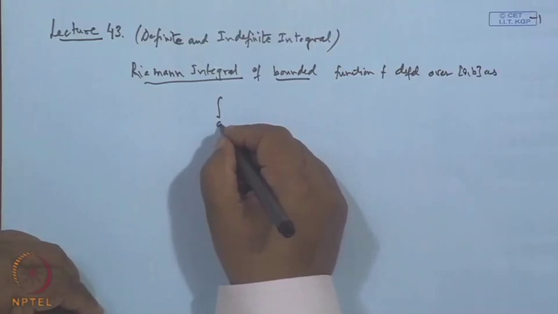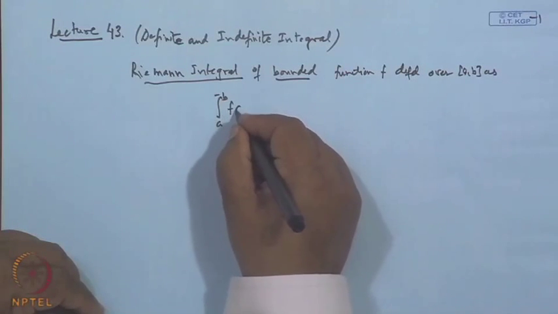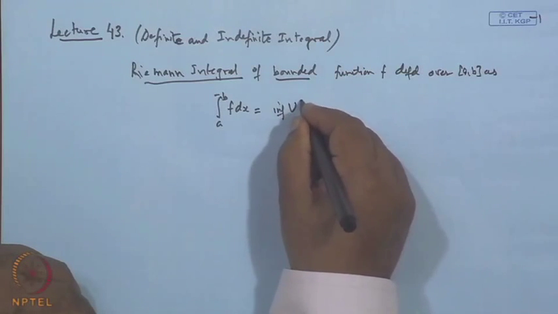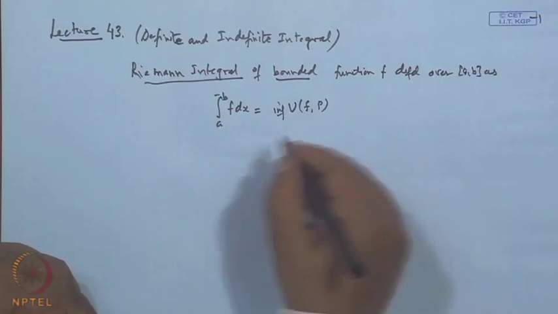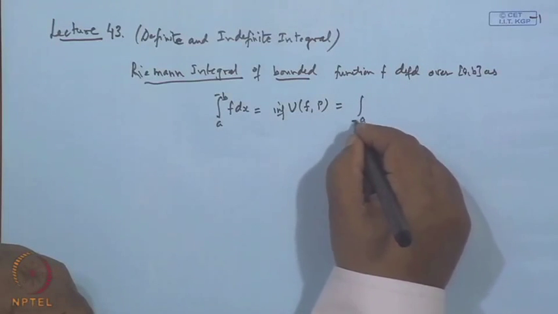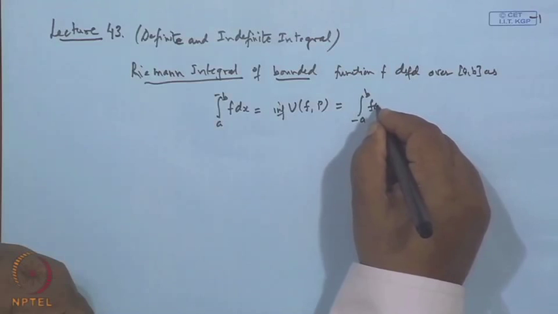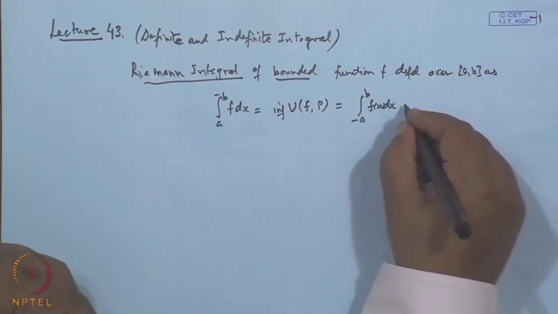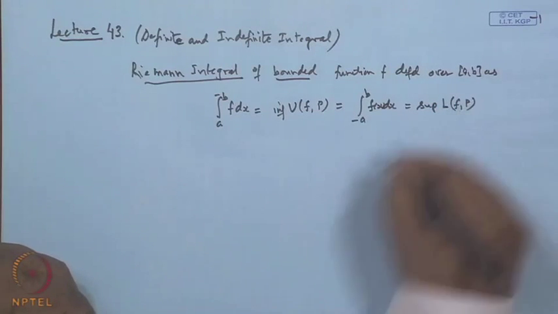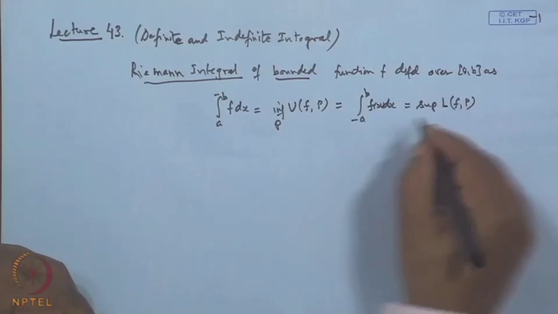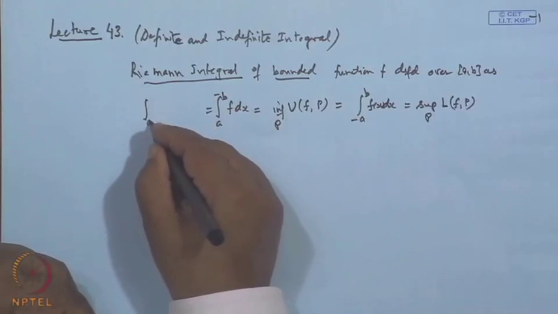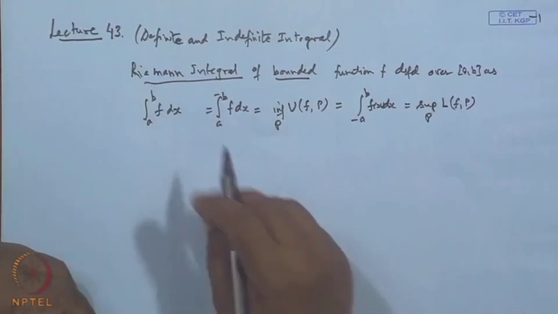the upper integral of f dx, which is equal to the infimum of the upper sums with a partition P, and the lower integral of f dx, which is equal to the supremum of the lower sums of f over the partition P. The supremum and infimum are taken over all such partitions P, and whenever these two values coincide, it is represented by the integral from a to b of f dx, and we say